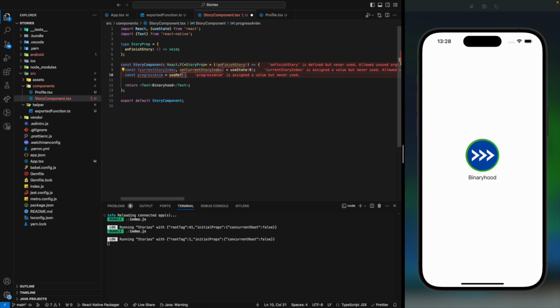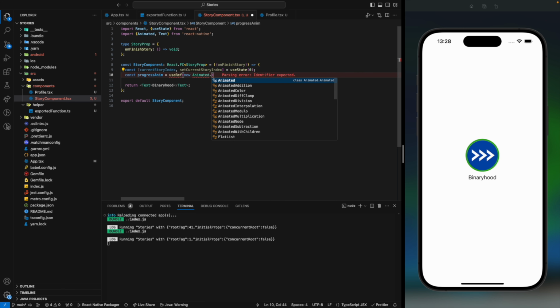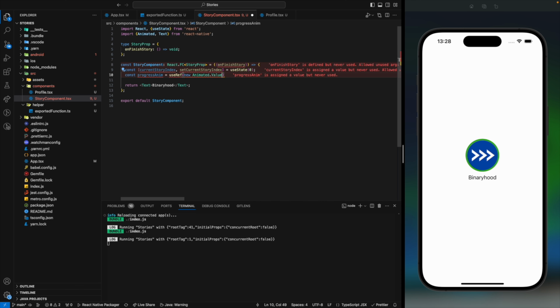So we're going to say new Animated.Value, which is provided to us by React Native, a very good thing that they have created. And we're going to say 0 is the current value, and we're going to say dot current,